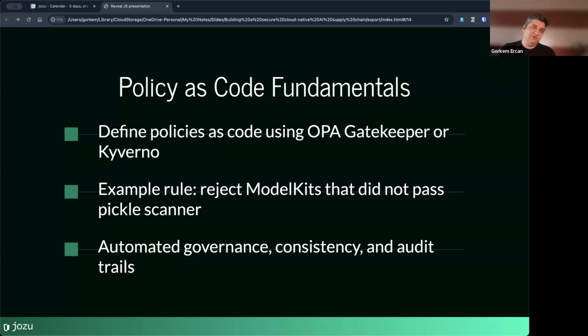This is something that you cannot do with the bare AI/ML artifacts because you don't really have this sort of trusted metadata as a concept on the bare AI/ML models.